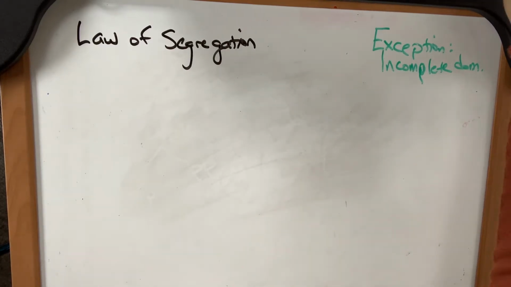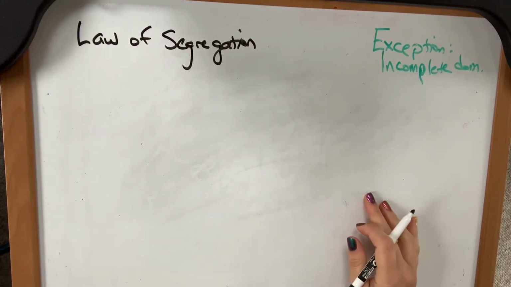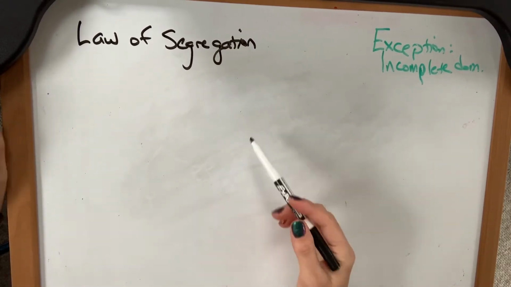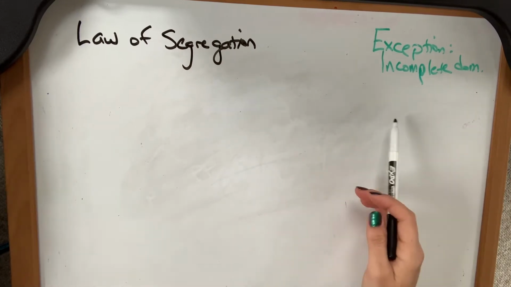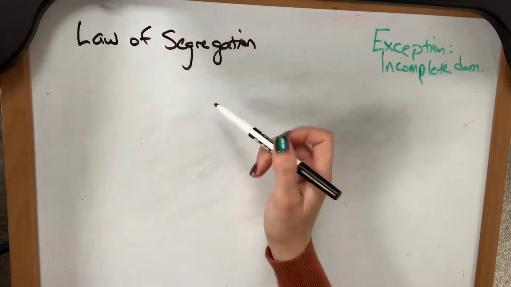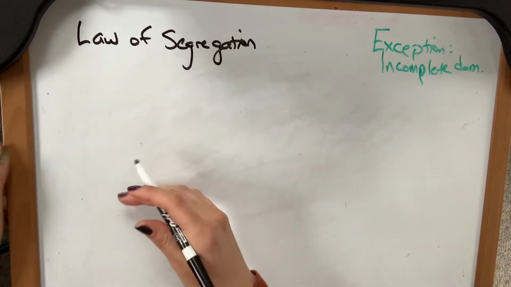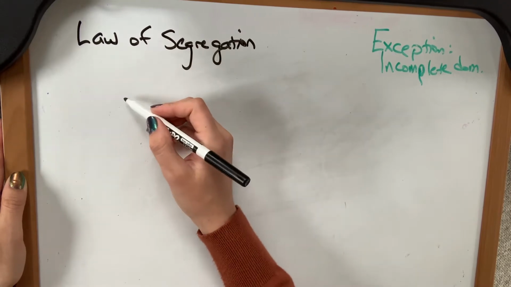I wanted to give a quick overview of the law of segregation because we didn't spend a lot of time on this in our lectures, but it is written about in your textbook. And I wanted to go back to this because it is related to a topic that we covered today, which was incomplete dominance. So the law of segregation is called segregation because it's talking about the fact that our alleles